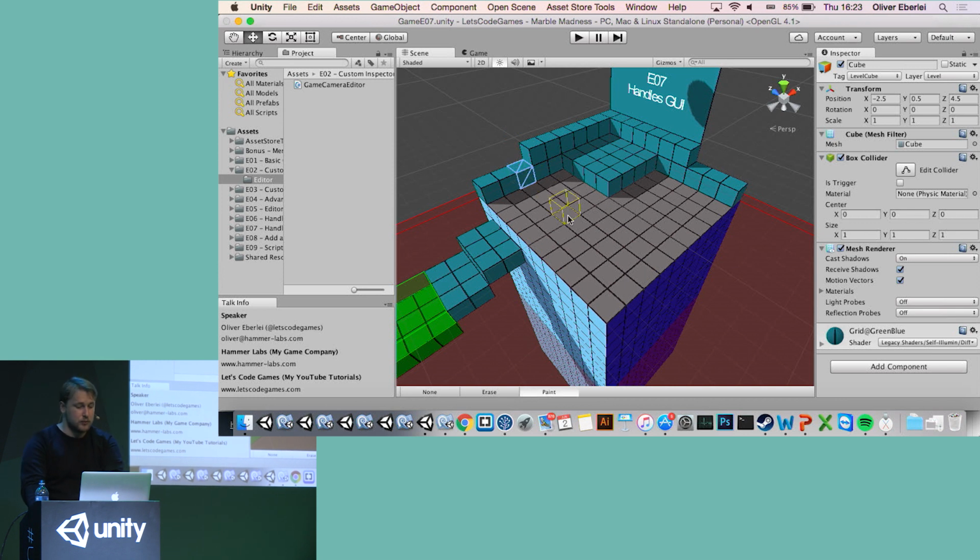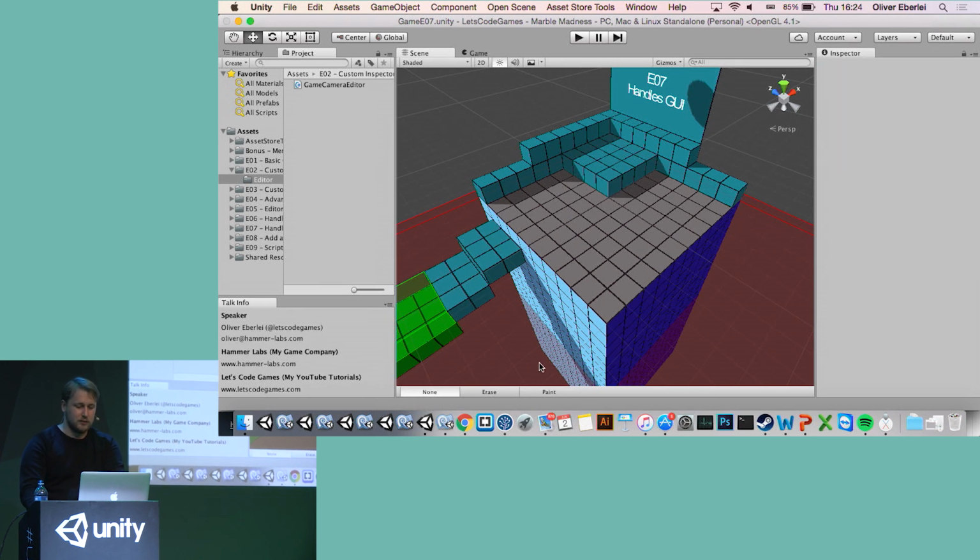So let's check out the paint tool. And as you saw here, if I go to none, I can see the handle here. Once I select the paint tool, I hide the regular Unity tools and then just draw my own again. And in this paint tool, I can now, well, one second.